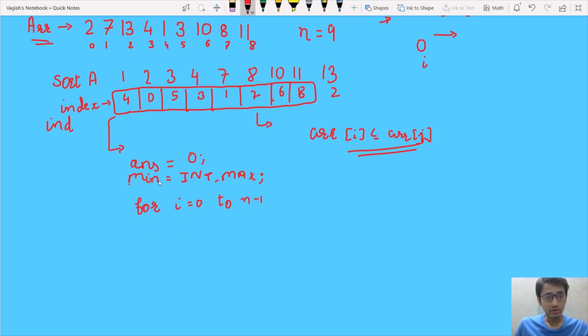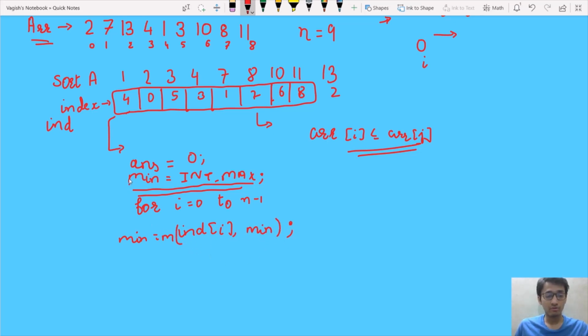So first we are going to update this minimum value, or we are going to compare this minimum variable with our ind of I. So our minimum would be minimum of ind comma minimum.